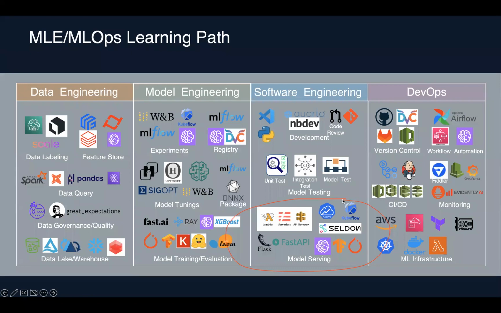But you can leverage managed services as well, such as KServe, Kubeflow, and Seldon. Seldon is a commercial tool. I don't think it's open source. A lot of companies use it to deploy machine learning models. And models can be deployed in a serverless fashion as well. So you can use API Gateway plus Lambda in the AWS ecosystem to deploy a model, and that serves a specific use case as well.